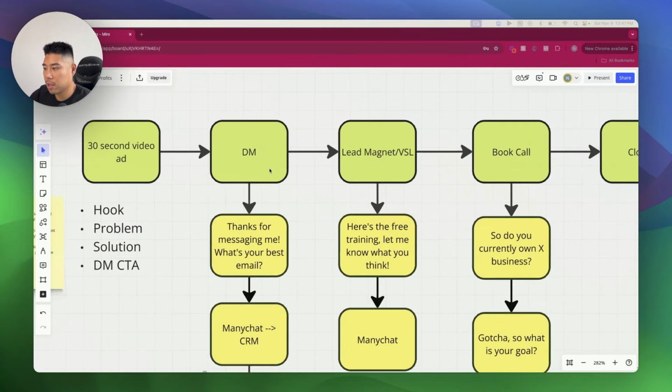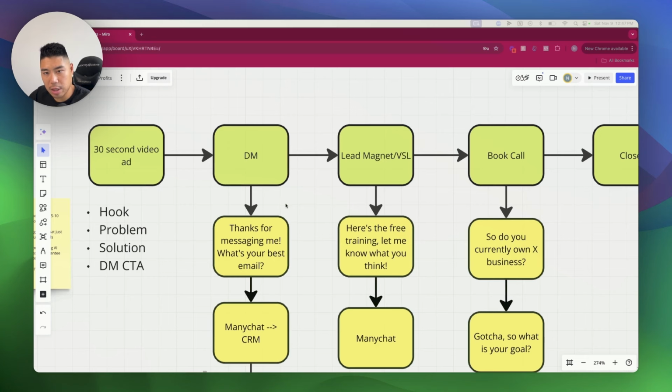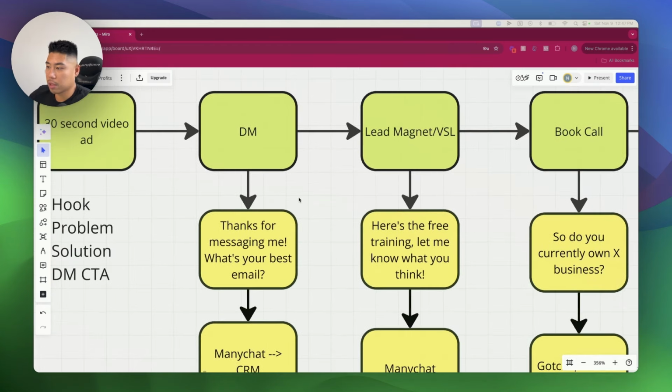And when you're messaging them in the DMs, a lot of people like to follow DM scripts and stuff like that. For me, I just really like to have a genuine conversation with people. So that's me sending voice notes. That's me asking them about their business. That's me asking, you know, what they feel like they're struggling with,